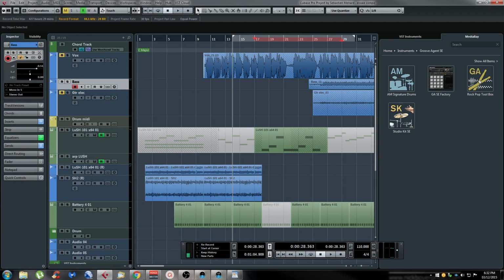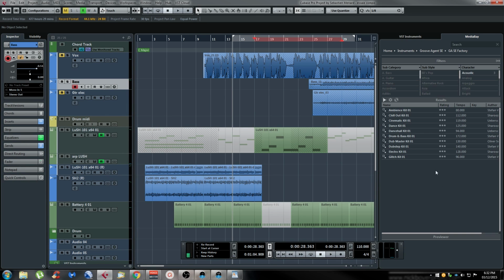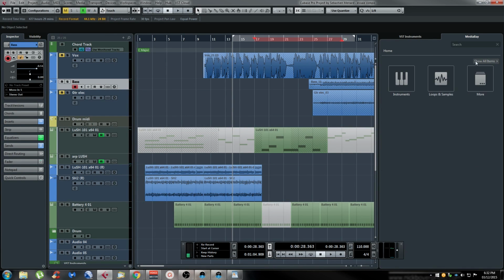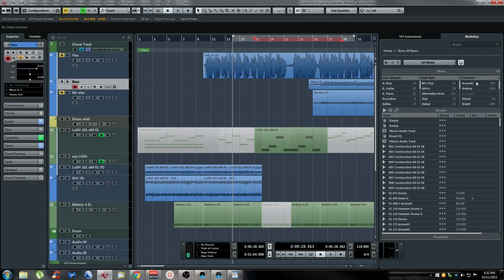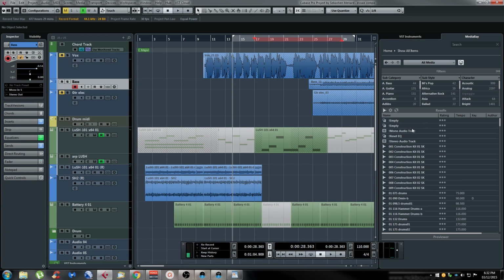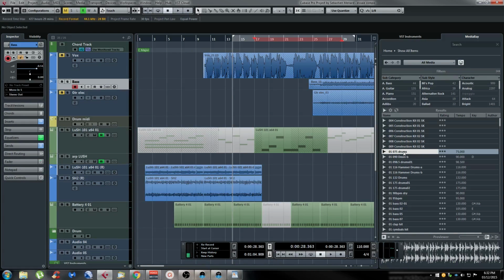So I can just click on Groove Agent SE if I want a factory preset, and now I only see the factory preset. So that's pretty cool. If you want to see everything as it used to be, just click on Show All. That's nice. Another cool thing, if I grab an audio from the media bay and I want to drag it,